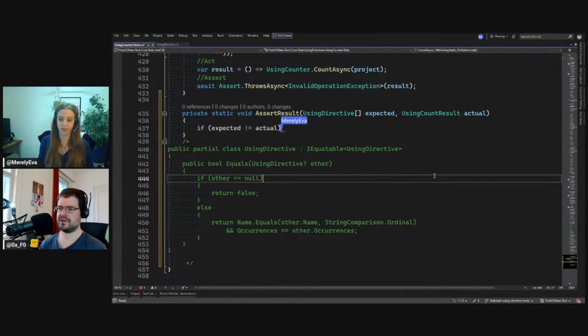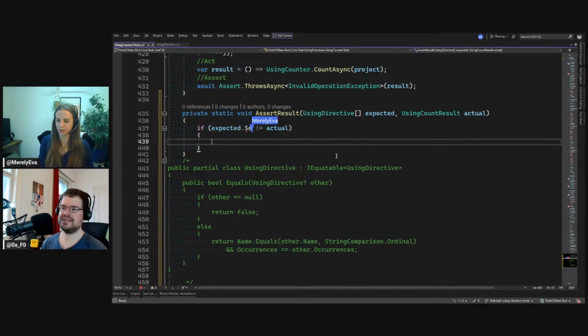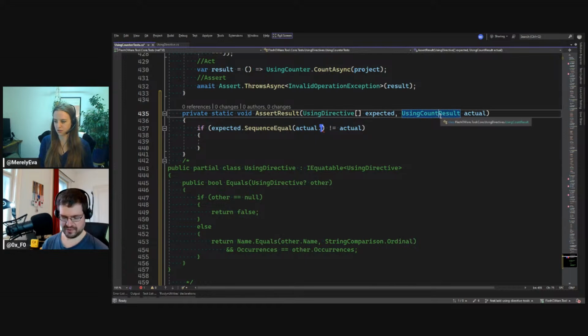Autocomplete actually suggests this here. It's an okay start, but we wanted to have this. What is the sequence equal? SequenceEqual is an extension method of LINQ. And what do we want? We want the actual, right? Yes. And we want what from actual? The collection, because on actual we have